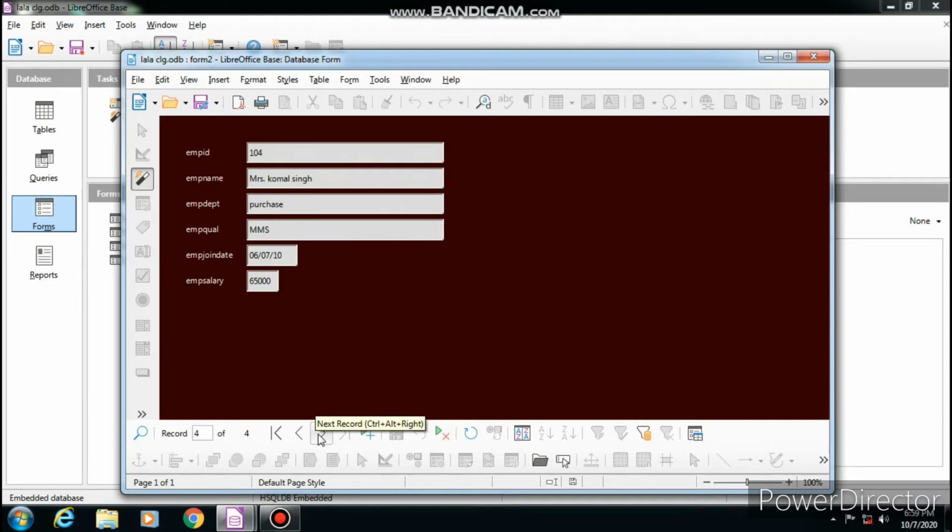Now we will insert the record number 103, which is not there in your table. So enter employee ID 103 and enter all the details of all the fields, and we will add this record from the form itself, not in the table. See how you are adding the record. After creating the table, you double click, open it, then you add the record. But here from the form you are adding the record. After adding, you can save this record, then it will be saved in the table.